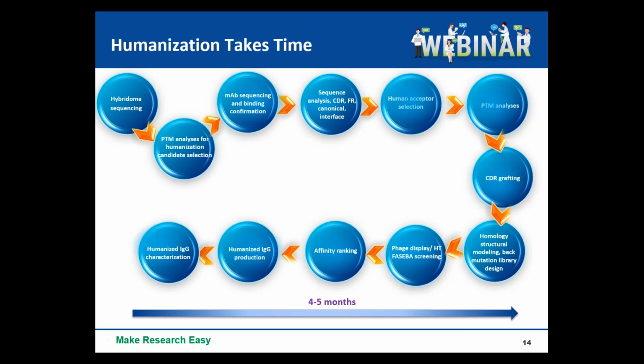And then in the next part, we have to deal with the immunogenicity of the antibodies in case they're murine-derived. And the basic method that we use at GenScript is doing CDR grafting, such as putting CDR sequence onto human germline. Of course, we need to do some optimization on that, such as back mutation. And then we can come out with a small library, such as hundreds of variants. And then we can use a high throughput approach to get the best humanized antibody with a good affinity and binding. Okay, so this is a process for humanization. The various steps therein, it takes anywhere between 4 to 5 months.